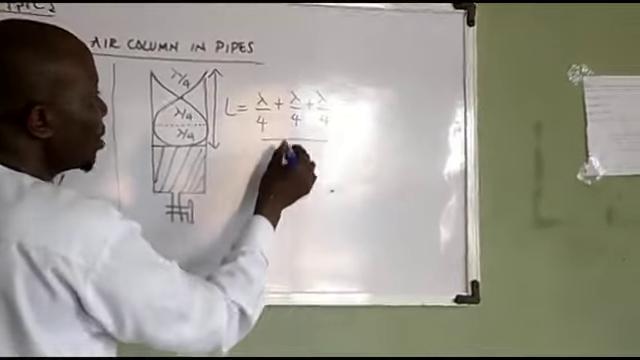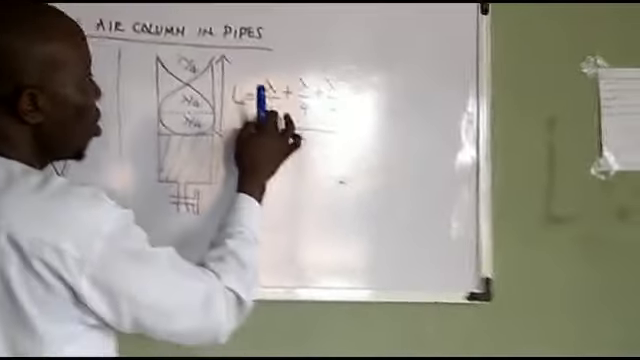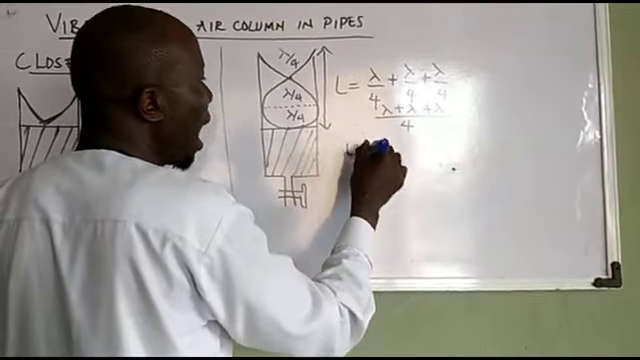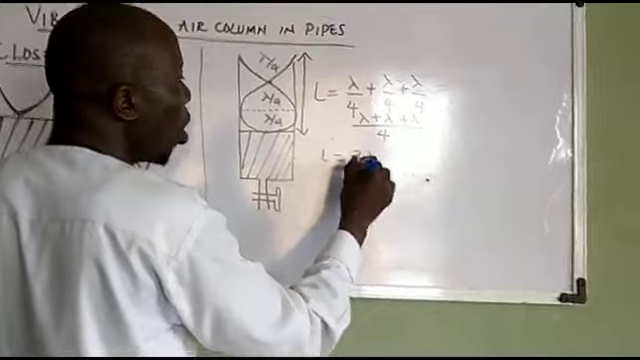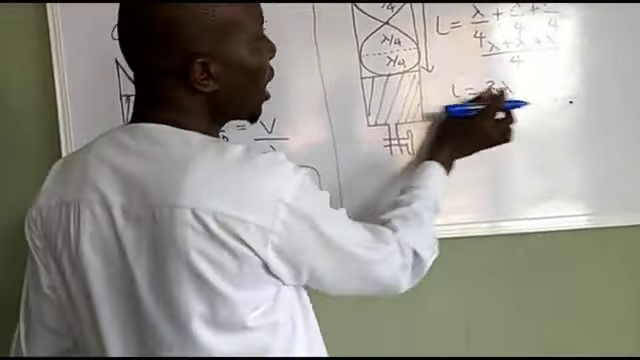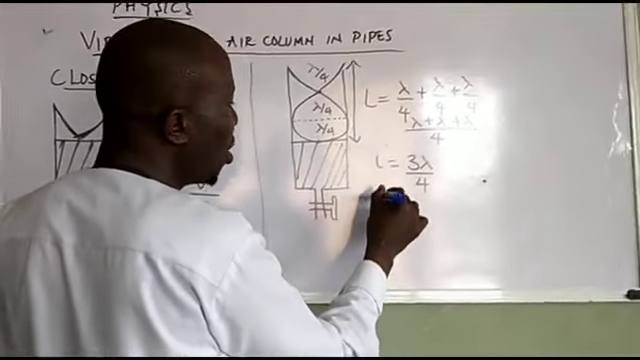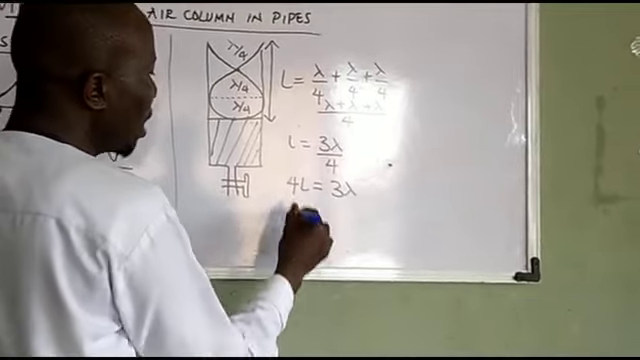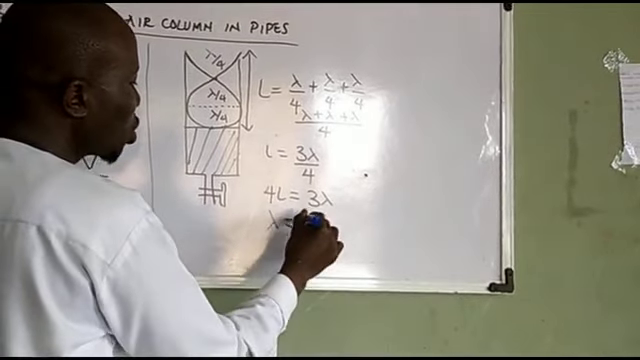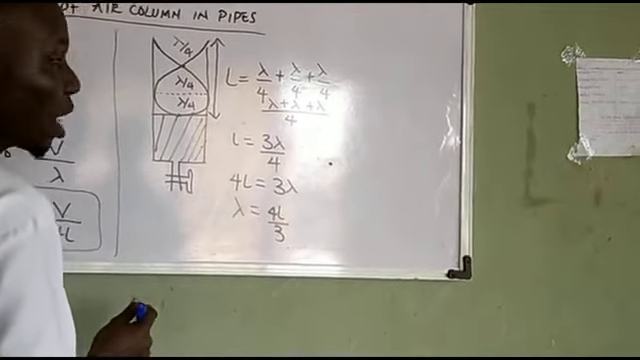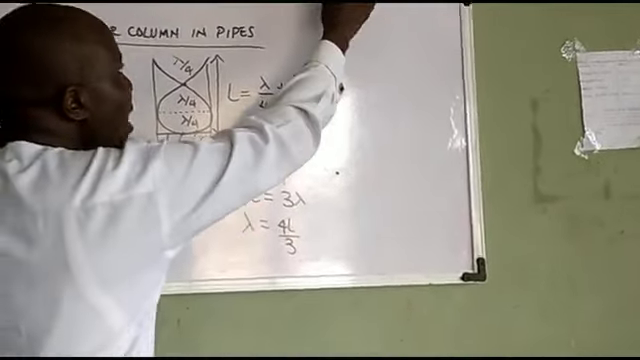What is the LCM? The LCM is 4. That is lambda plus lambda plus lambda. L equals 3 lambda all over 4. Isn't it? Can we actually make lambda the subject of the formula? 4L equals 3 lambda. Then our lambda equals 4L all over 3. Is that good to know? But at this point,